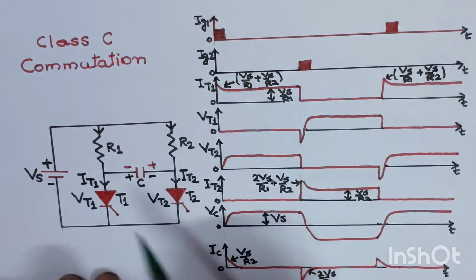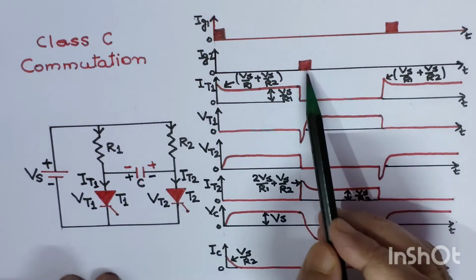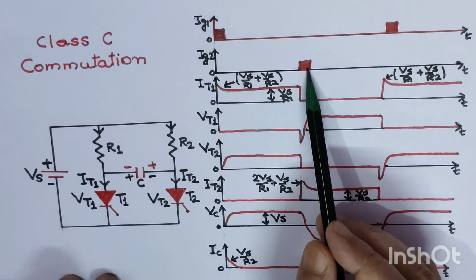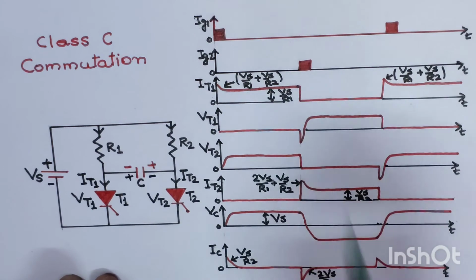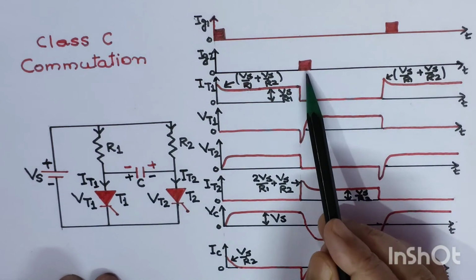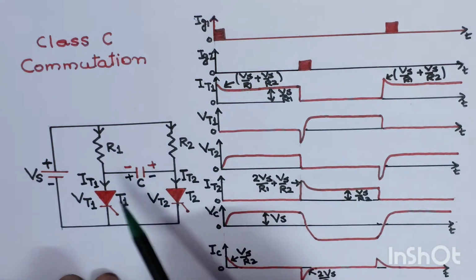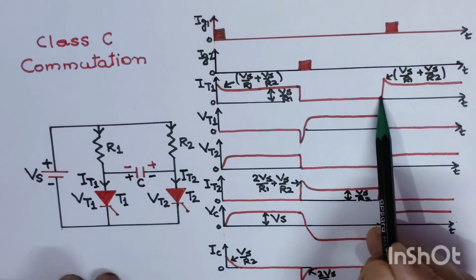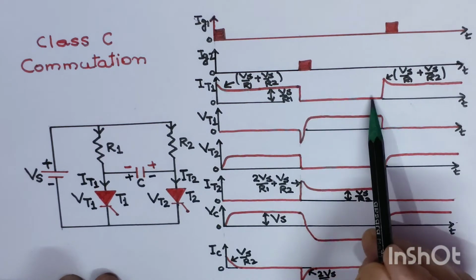Now let us see, when thyristor T1 is conducting and we want to switch off the thyristor T1, then we will switch on the thyristor T2. So if T2 is given a trigger pulse, just see here, initially we have given trigger pulse Ig1 to thyristor T1, now we will give a trigger pulse to thyristor T2, that is Ig2. Once we give the trigger pulse Ig2, then what will happen? Thyristor T1 will be switched off. So IT1, which is the current flowing across thyristor T1, will be 0. This is the current flowing across thyristor T1, which has been shown here with 0 value.